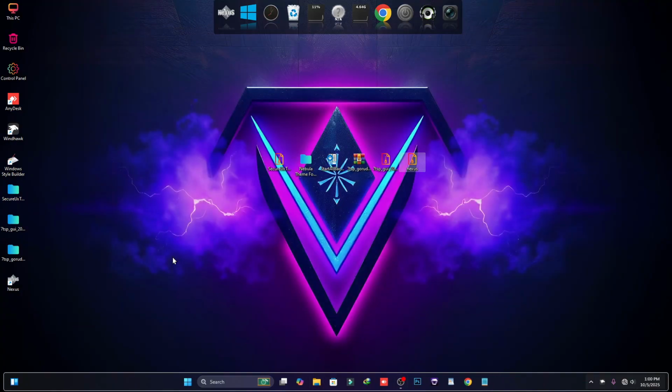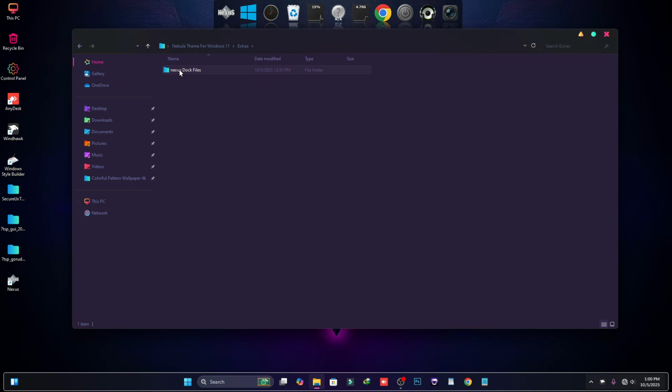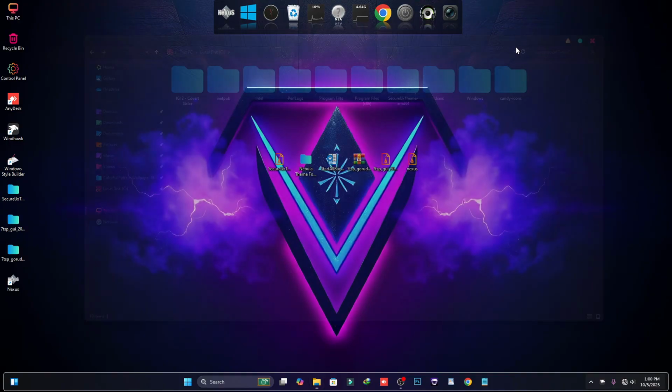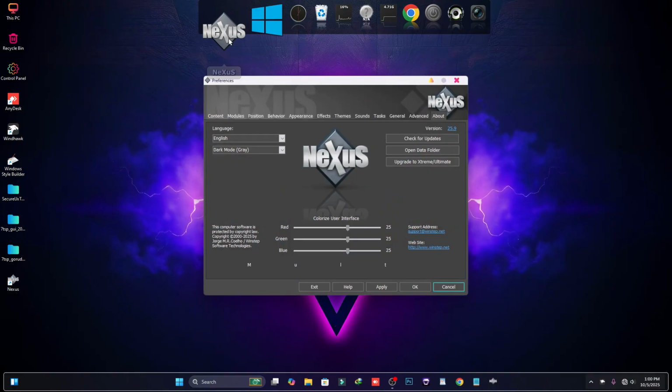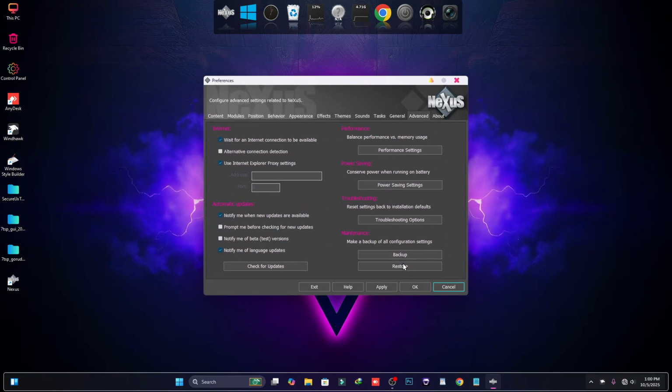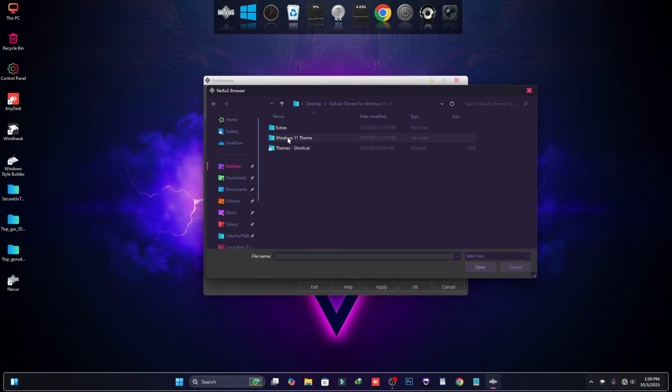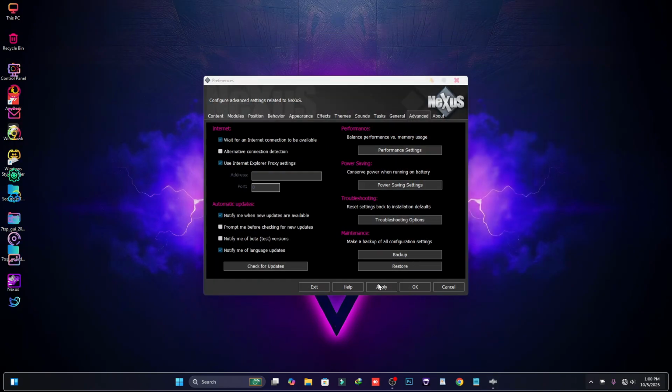Okay, now go to this theme folder, go to this extras folder, go to these Nexus dock files and copy this candy icon folder and go to This PC, go to local disk C and paste it here. And then click on this Nexus icon and then click on advanced and then click on restore and then select desktop, go to this theme folder, go to this extras folder, go to the Nexus dock file and in here you can see this dock backup file. Just select that file and then click on apply and then OK,